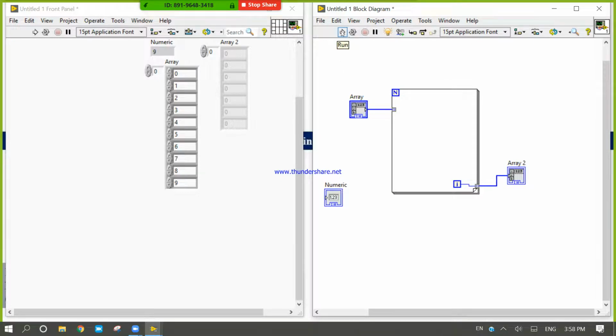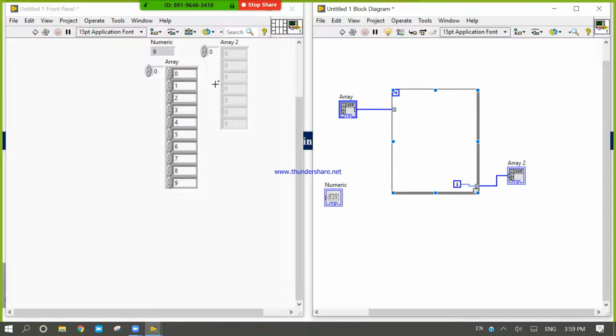If you connect any array with the for loop, then the loop will take n as the size of the array. So what is the size of the array?